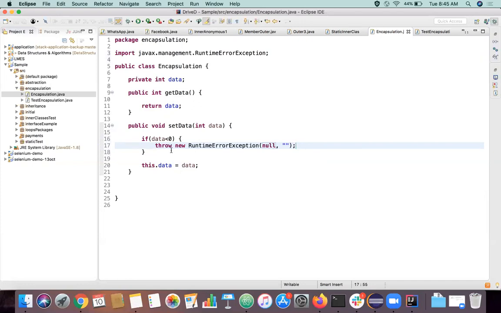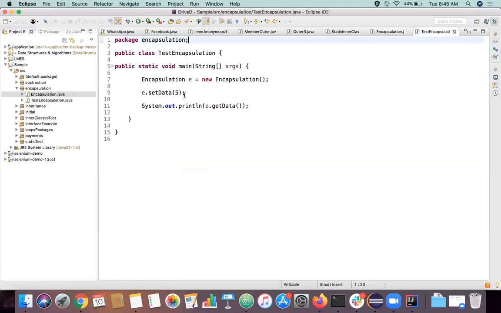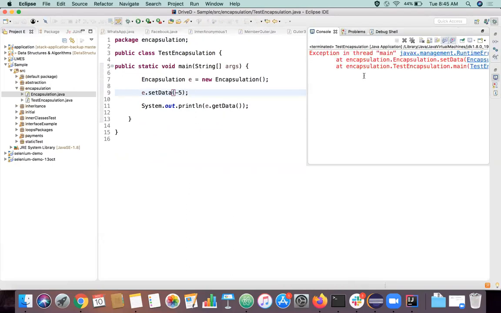And I don't want anything to happen here. For example, I can have any number of validation logic here, right? I can even validate what the incoming request is, whether I should set this data or not, whether setting this data is actually useful or not. I can have any amount of logic here. For example, let's try to run this with the data less than 5. It's throwing me an exception, right? Runtime exception.